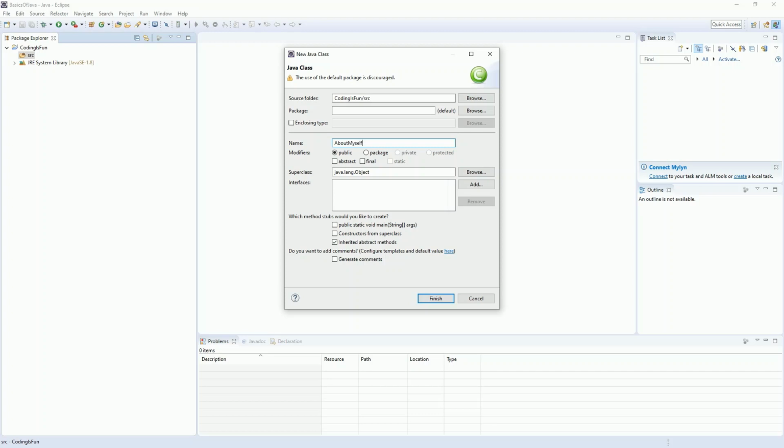I have not introduced myself to you, so I will introduce myself with coding. I will provide the package name as default, and I have added the method public static void main by default. Click on Finish.